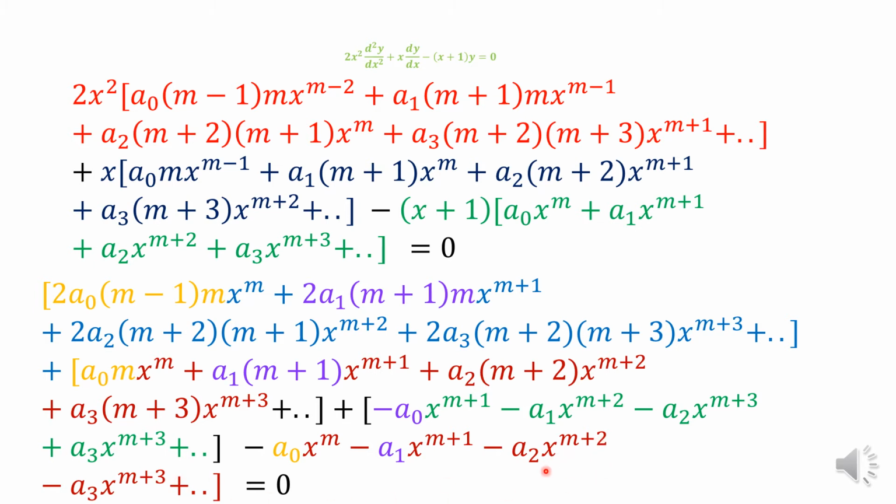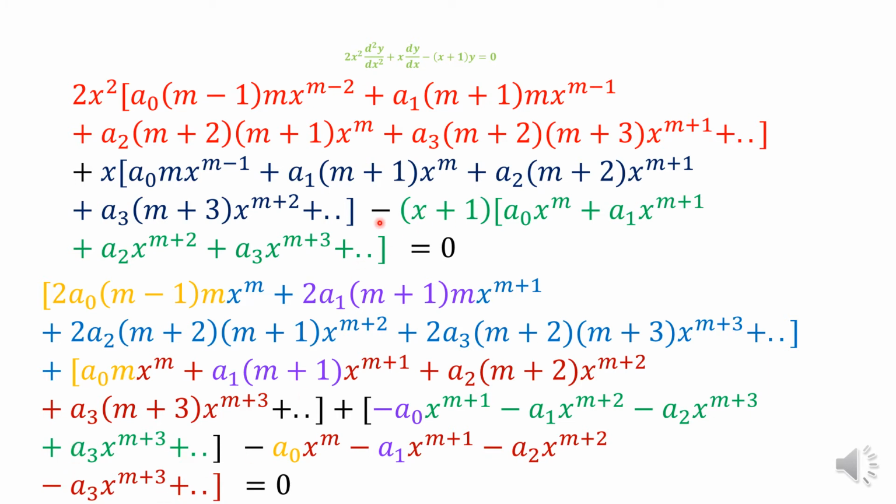Now you can see here, the lowest power of x we have to take, right? Lowest power of x, it is x the power m, it is x the power m plus 1, it is x the power m plus 2, x the power m plus 3, here also x the power m, x the power m plus 1, x the power m plus 2, right? It is x the power m plus 3, again x the power m plus 1, x the power m plus 2, x the power m plus 3, right? If you compare all these results, right,